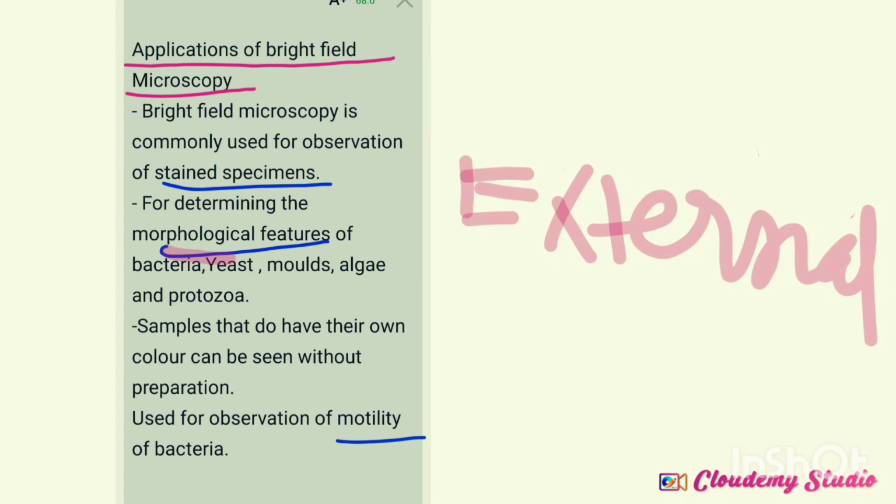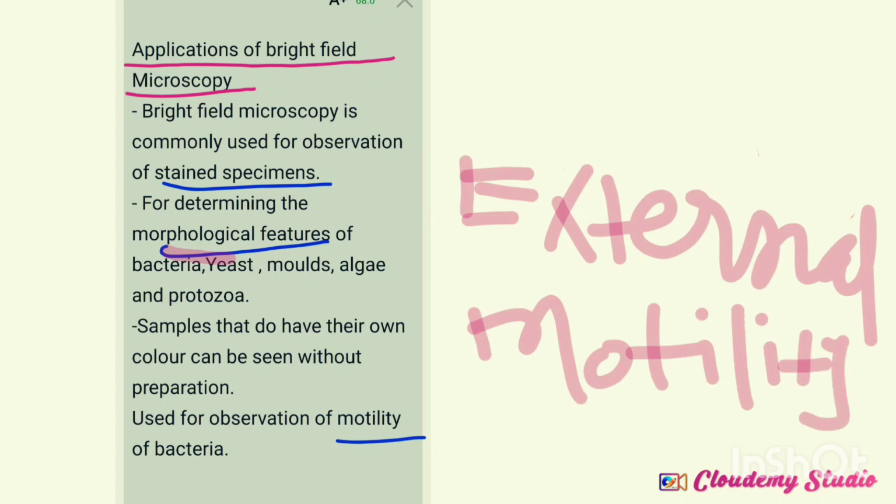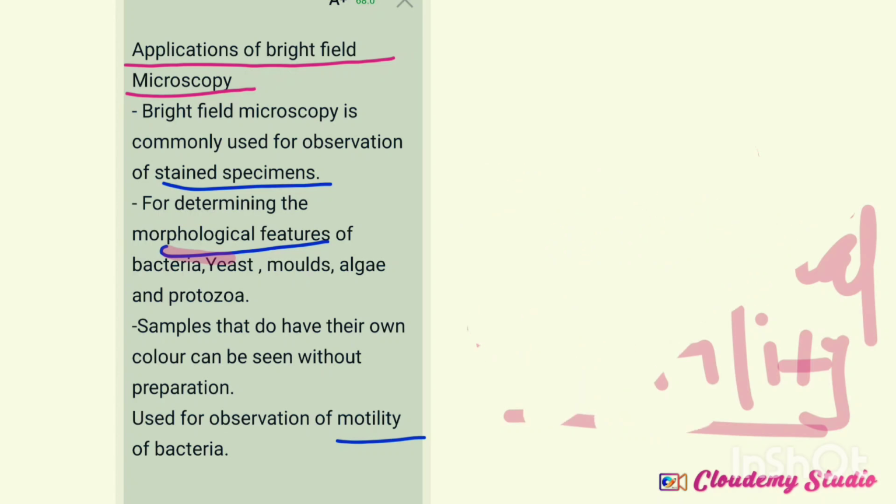Then bright field microscopy is used for observation of motility of bacteria. Some bacteria are motile, and these motile bacteria can be observed under bright field microscopy. And this is all about the applications of bright field